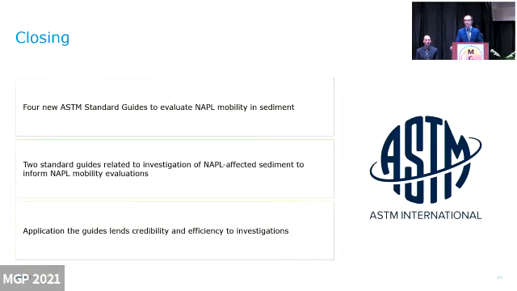And I guess there are more recently to ebullition. Two of these standards have to do with the field side of collecting data to inform mobility evaluations. And the goal, I mean, I'm advocating that all of us as the MGP community continue to use these in our sites. We're hopeful that if we approach these sorts of arguments and investigations similarly, using a similar framework, that